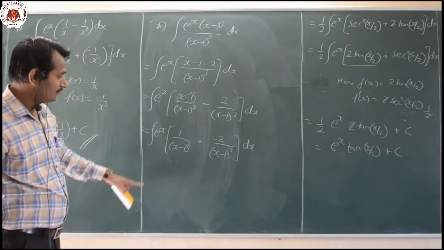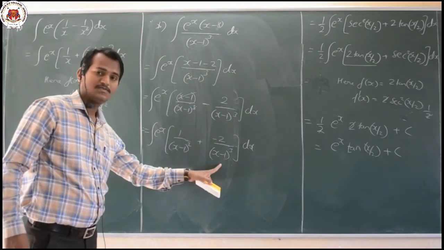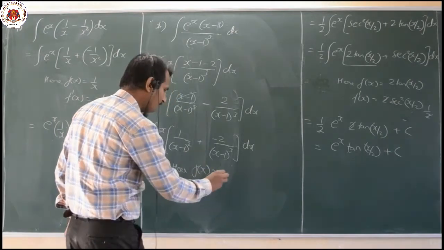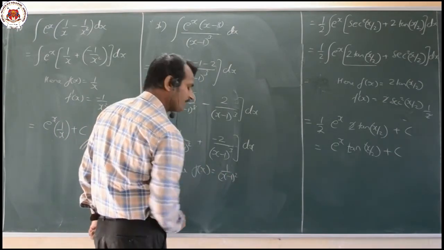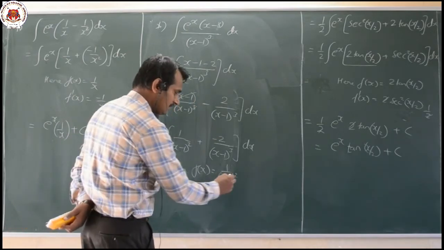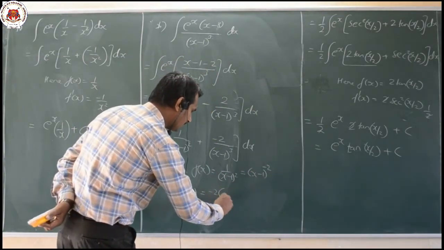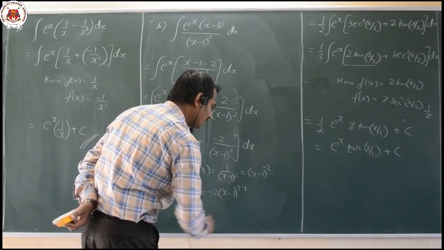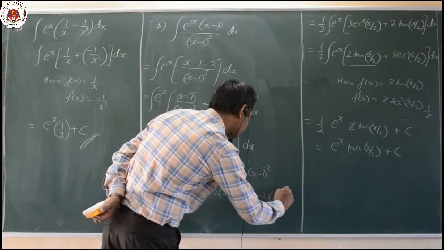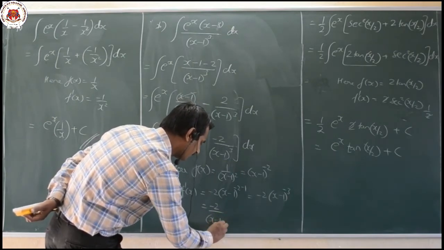Now here we have to observe whether the differentiation of 1 divided by x minus 1 whole square gives this value or not, that we shall discuss now. Here f of x equal to 1 divided by x minus 1 whole square. What is f dash of x here? F dash of x: we can write it as x minus 1 whole to the power of minus 2. So that is nothing but minus 2 into x minus 1 raised to minus 2 minus 1, that is minus 3. What we get? Minus 2 into x minus 1 raised to minus 3, that is nothing but minus 2 divided by x minus 1 whole cube.